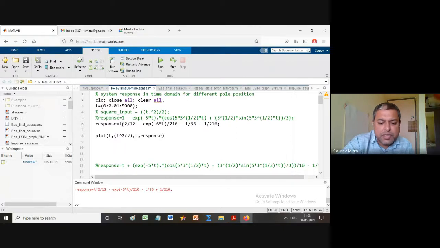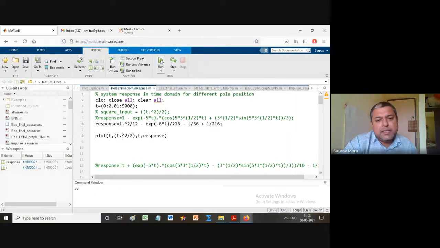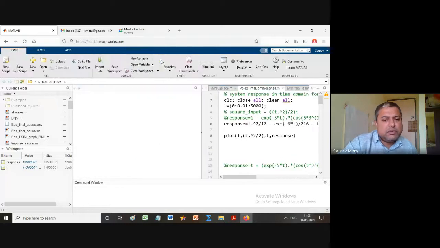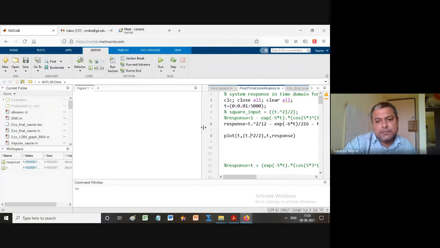t raised to, here a dot should come, because here there is a matrix multiplication kind of thing coming. So t and t dot square by 2. Remember where the dot has to come. Whenever you are finding t raised to, there you have to put a dot. The row and column confusion happens, so watch for that. You have to just find out what is the difference between them.